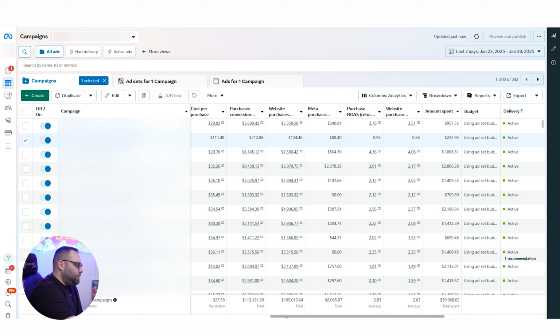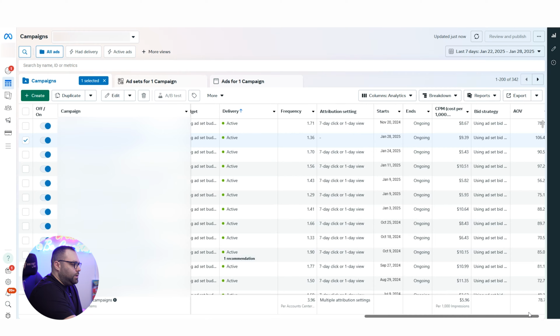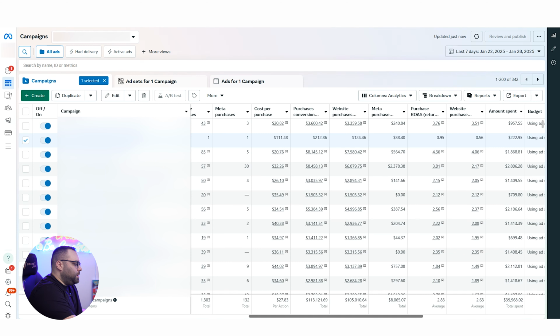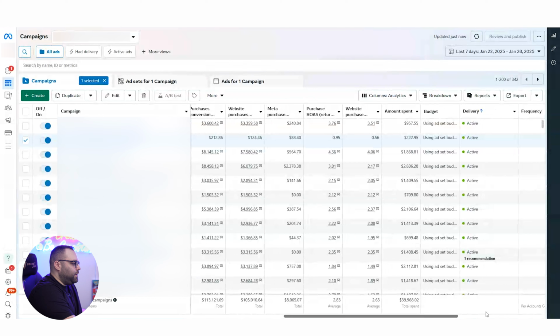Okay, now the other ad account that I want to show you has a lower cost per purchase, and I want to show you how I did it there. So in this ad account, much lower AOV, we are having over here this AOV. Okay, our cost per purchase is 27. And we can see that almost all of our campaigns have passed the learning phase, except for the ones that spent only 100. For example, everything else has passed the learning phase.